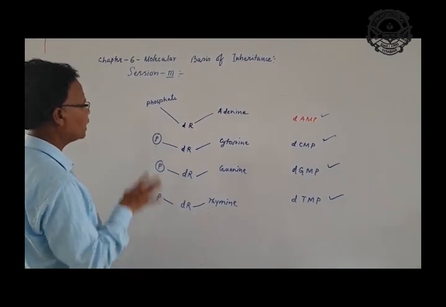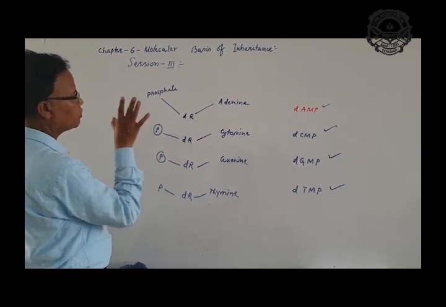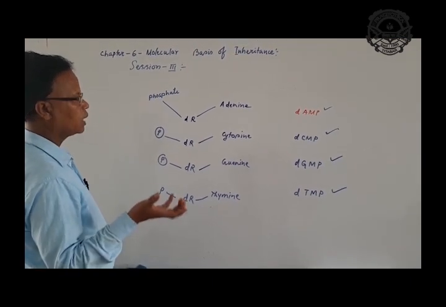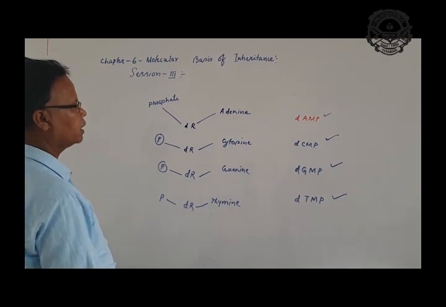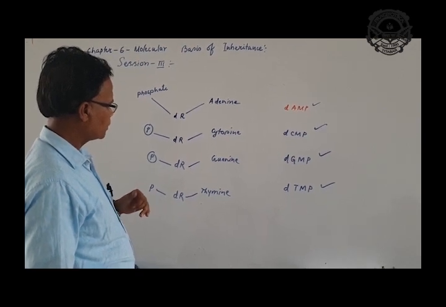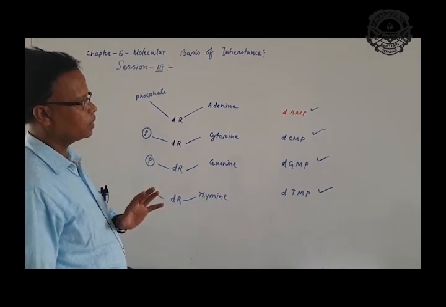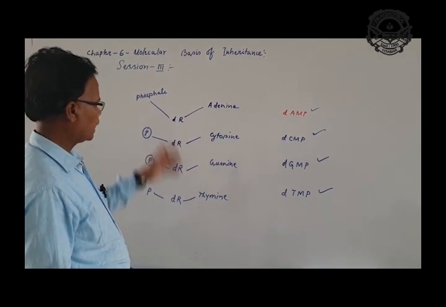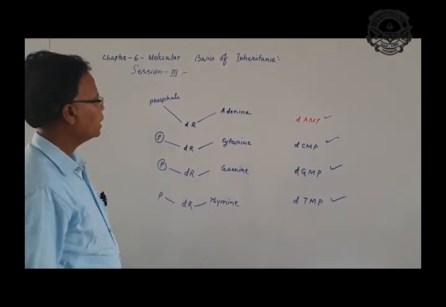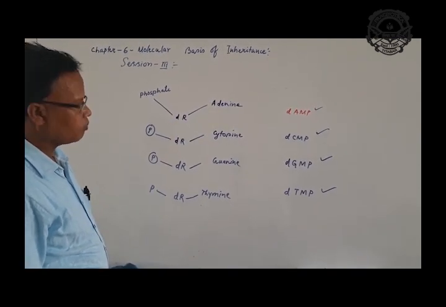But remember, in a DNA molecule, the number of nucleotides present varies according to the complexity of the organism. The simpler the organism, the shorter the DNA nucleotide chain, the polynucleotide chain. If the complexity of the organism is more, the chain length will be more. So the complexity of the chain depends on the length of the DNA chain. In a nucleotide chain, nucleotides are serially arranged one by one and form long